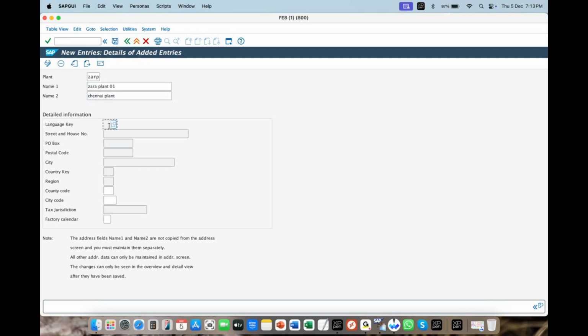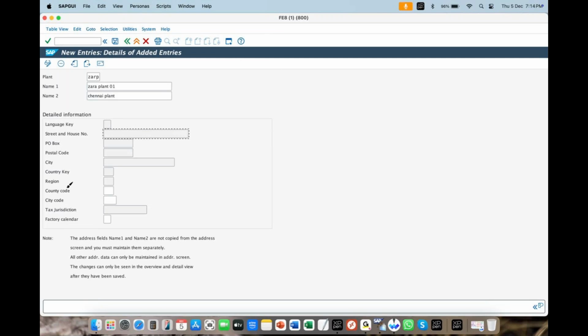And here you can see language, street, post box number. Sir, I want to give an address, but it is not allowing me. Why? Because the fields are in display mode. Even though you want to, you cannot give any details over here. Then how? Fine. You will get that understanding as we go. First, come straight down. Now here you see two fields which are in enable mode.